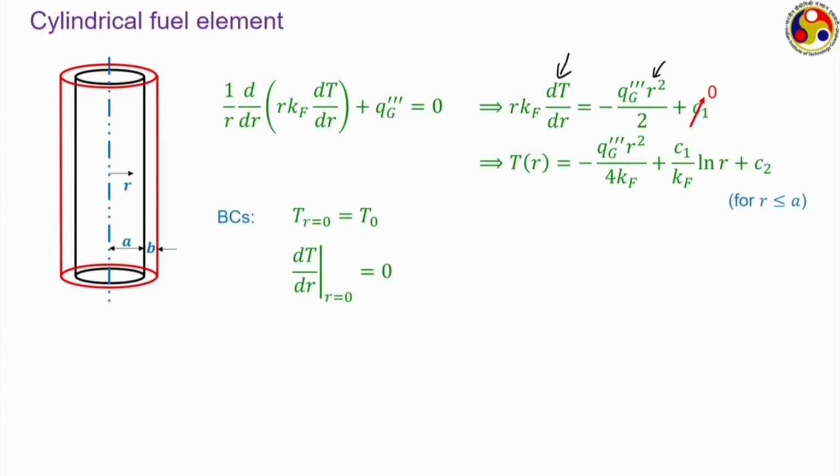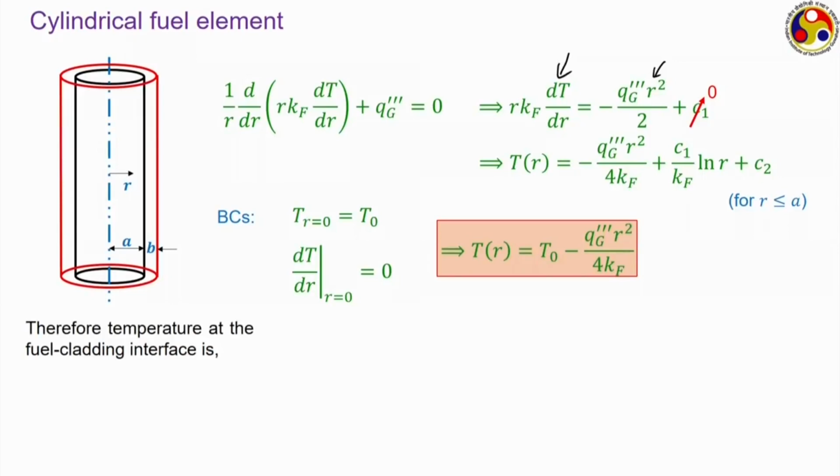And then putting this other second boundary condition in the remaining expression, we get C2 equal to T naught, and accordingly this is the corresponding temperature profile. Therefore, the temperature at the fuel cladding interface, where r equals a, if we put it in, we get the corresponding expression, and hence the temperature difference across the fuel is q dot triple prime by 4 kF a